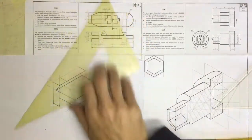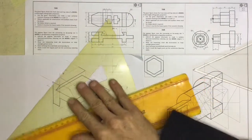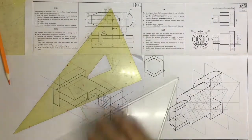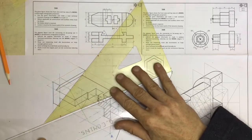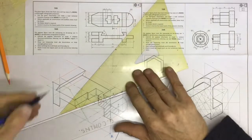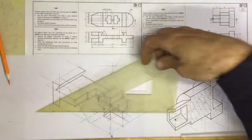I can then, if I've drawn accurately, you should find that that angle over there, let's just get these two set squares up together so you can see this idea. That angle over there, if I've drawn accurately, should link up perfectly with this angle over here because they are parallel lines. Right, once I've got that in place, continuing over here,